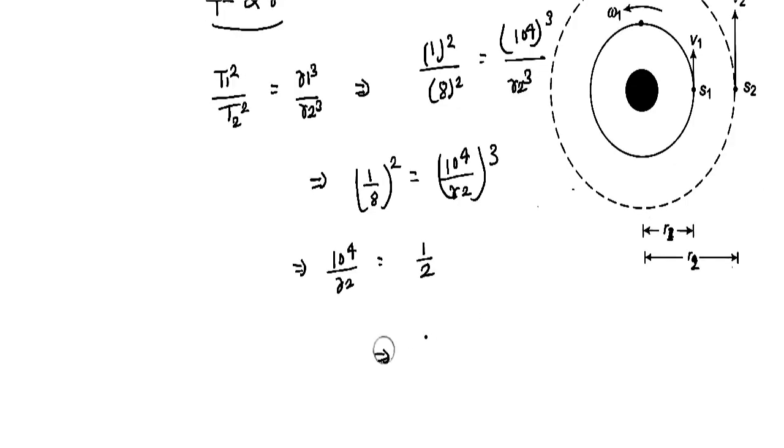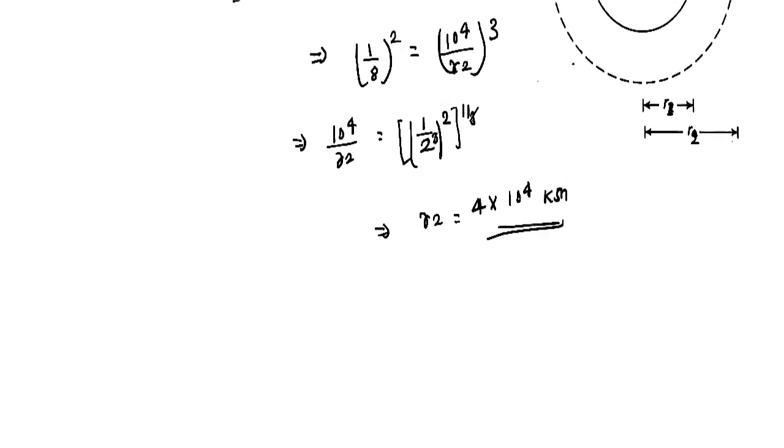तो सिमिलरली यहाँ से R2 इक्वल टू, सॉरी, 1/2 का स्क्वायर हो जाएगा, क्योंकि अगर हम 2 के पावर 3 करेंगे एंड इसका पावर 1/3 यहाँ करना पड़ेगा तो 3 कैंसिल हो जाता है। तो 1/2 के पावर 2 इक्वल टू 4 हो जाएगा, 4 इंटू 10 के पावर 4 किलोमीटर। तो हमने यहाँ से R2 को फाइंड कर लिया।